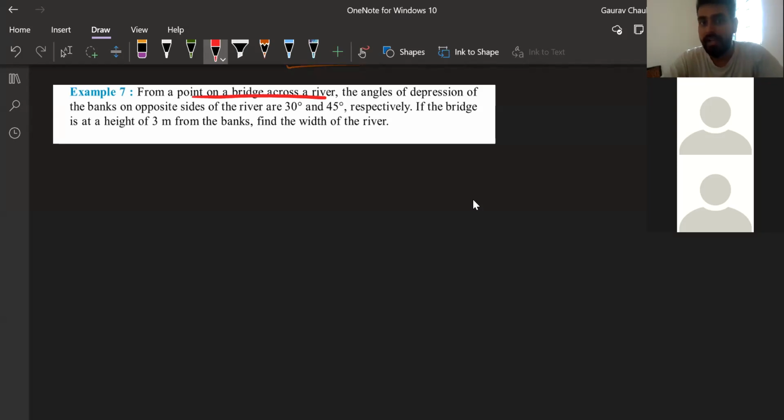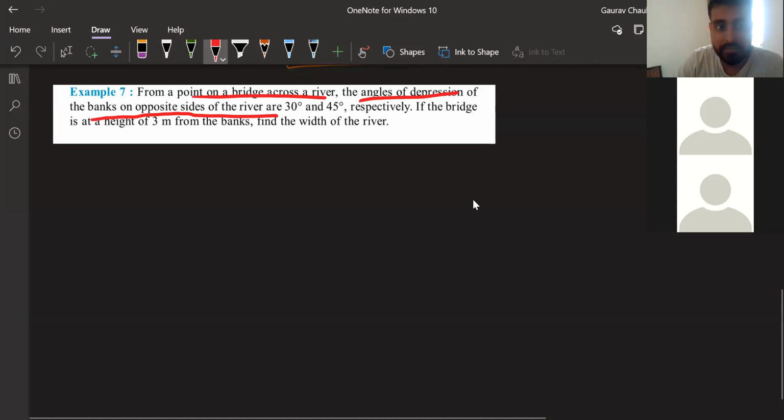The angles of depression of the banks on the opposite sides of the river. River banks, you know what it means, Dilruba? Yes, sir. Where the river meets the land, where the water meets the land at the corners. So there are two banks of the river, right? They're flowing parallel to each other mostly. Now those two banks of the river, the bridge will be at a top height, no?